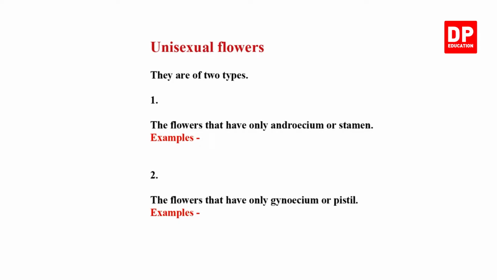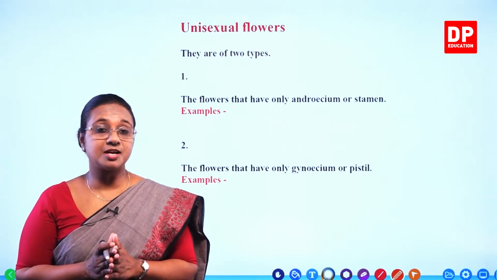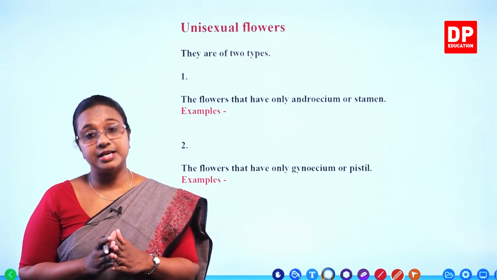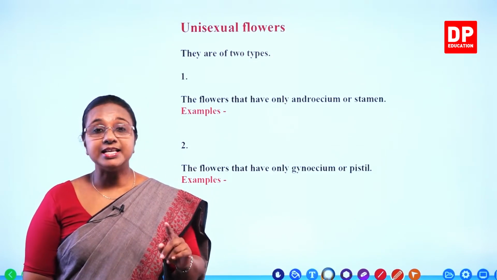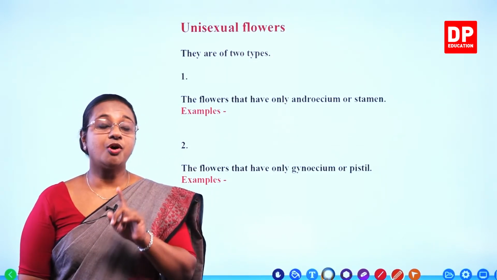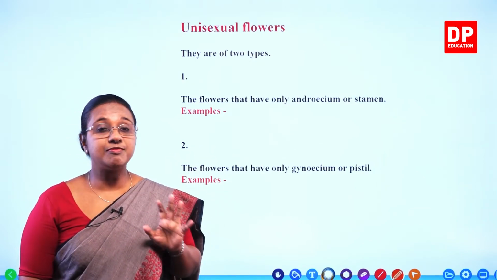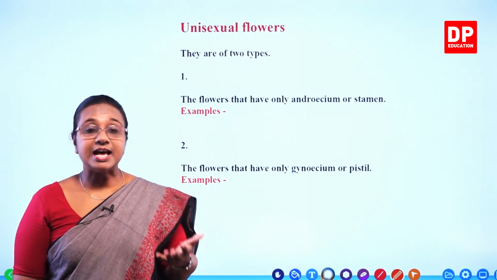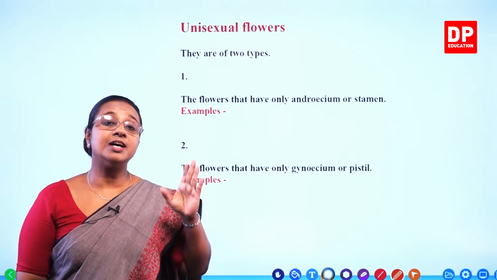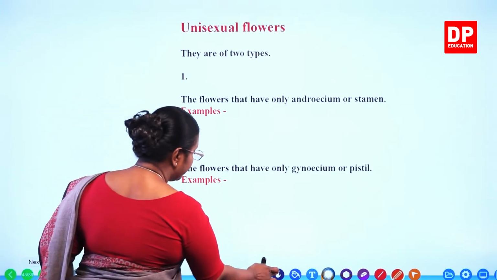So then unisexual flowers. As we already discussed, bisexual flowers have both male and female reproductive structures, or the androecium and gynoecium. But when we say unisexual flowers, they only have either the male reproductive structure or the female reproductive structure. Then we call them unisexual flowers. So they will either possess the androecium or the gynoecium, or in other words we can say they will either have the pistil or the stamen. So if we define unisexual flowers,